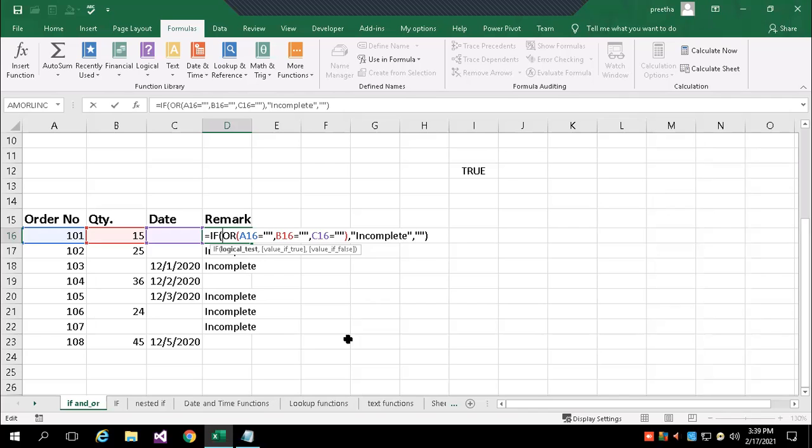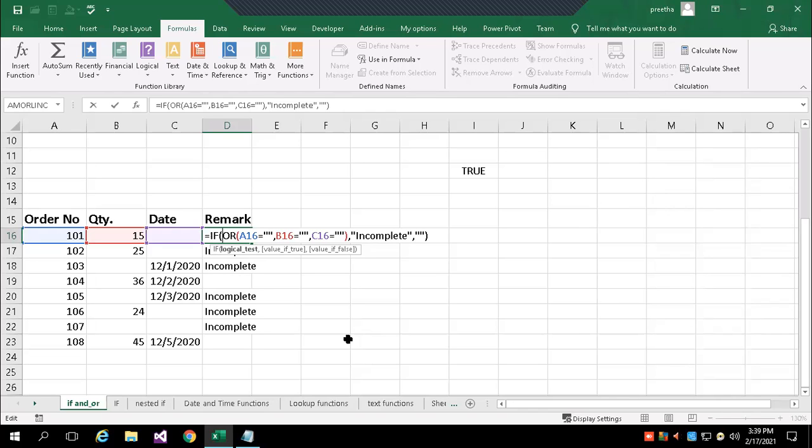So with OR, if either one of the conditions evaluates as true, then my result will be true. In AND, all the conditions must be satisfied.